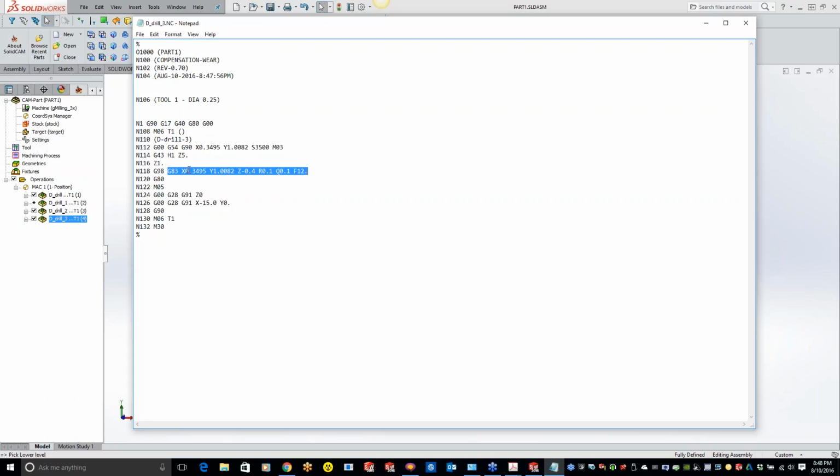So we're 350 thou in the X, and basically 1 inch in the Y, and we're going to peck down to 400 thou deep, and our peck value is going to be a Q of 100 thou, so it's going to go down and peck every 100 thou, and it's going to retract with that R of 100 thou. So it's basically coming down and then coming back up 100 thou, going down, coming back up 100 thou, going down, coming back up at 100 thou.